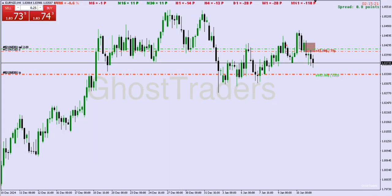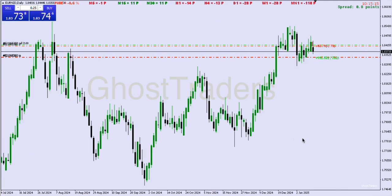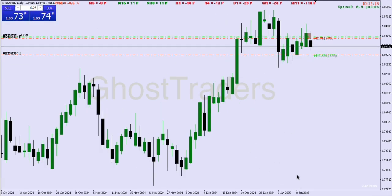Let me check it. So this is Euro and ZD. Let's look at the daily time frame that we were looking at before. So this is what we had here. We had this fair value gap here, and we have this order block here. So let me just mark